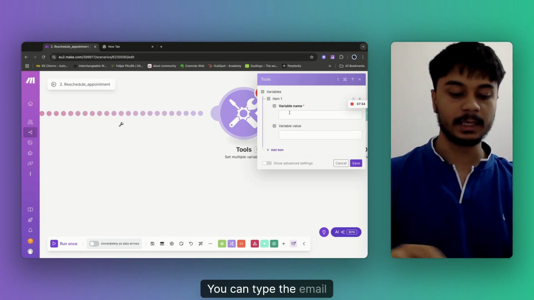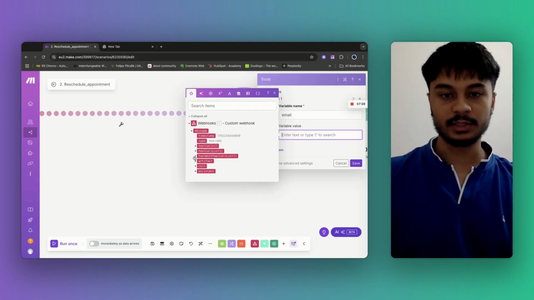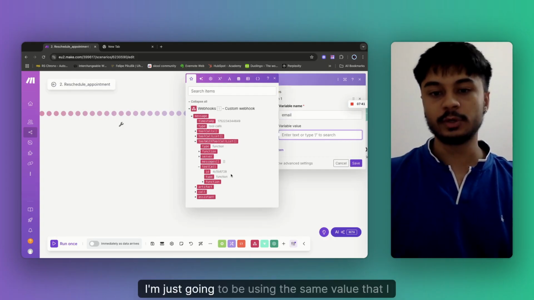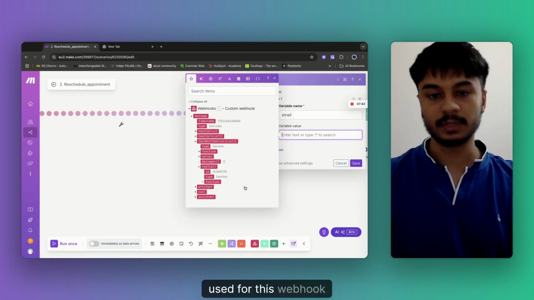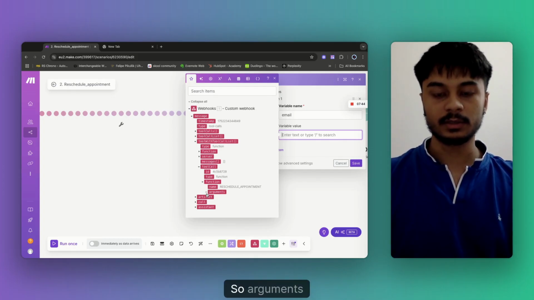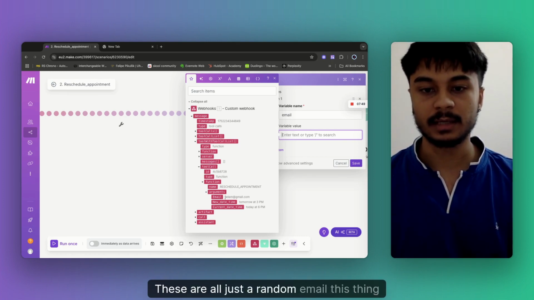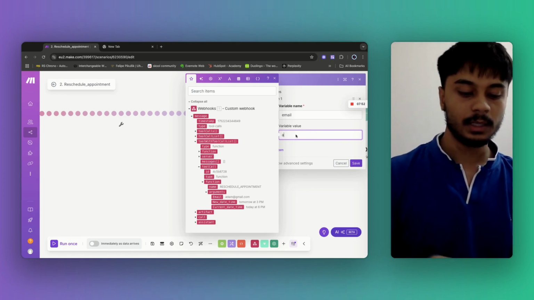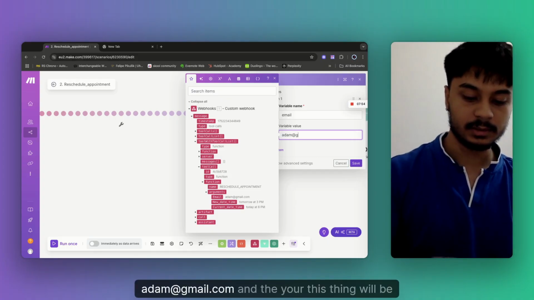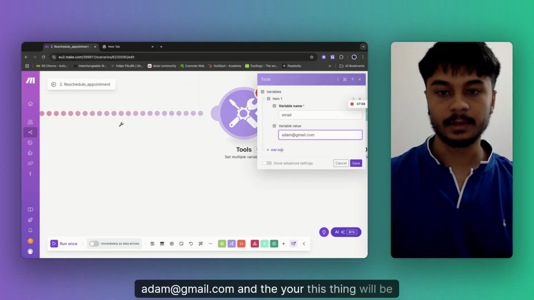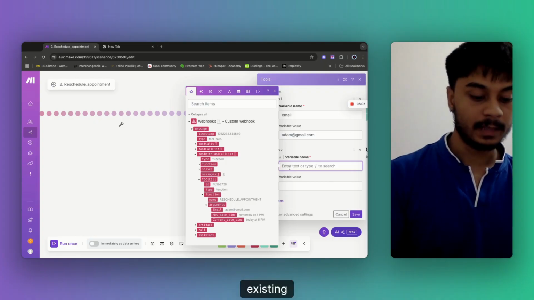You can type the email. I'll just show you, I'm going to be using the same value that I used for this webhook that I got. So arguments. Now this email and all, it doesn't exist. These are all just random emails. So I need Adam at gmail.com, and here this will be the existing